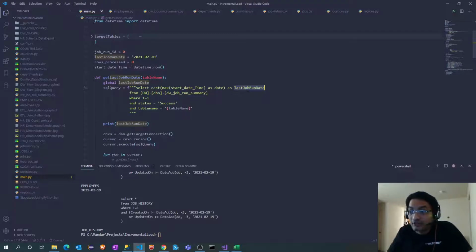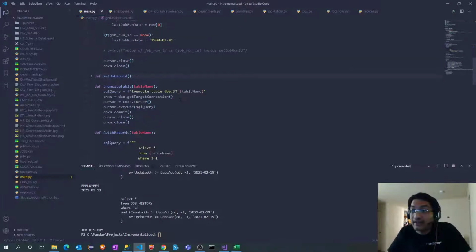So there is a filter which we had added last time, which is status equal to success. We really don't need that filter. The reason being, since we have implemented incremental load, it may happen for a day or two that there will not be any records at all in some of the source tables. In that case, since we first pull the records from the source and dump them into a CSV file, and then read that CSV file again to load the records into the staging table, if there are no records for a particular source table, our CSV file will be blank.